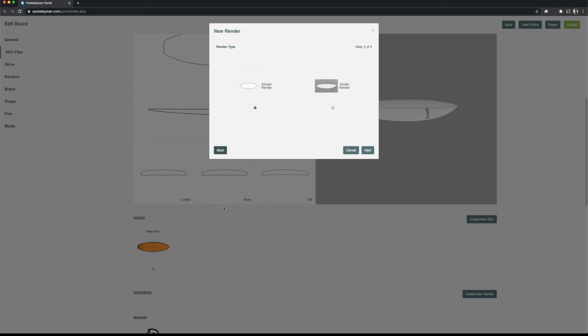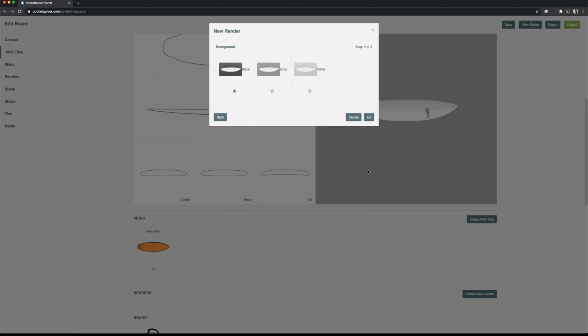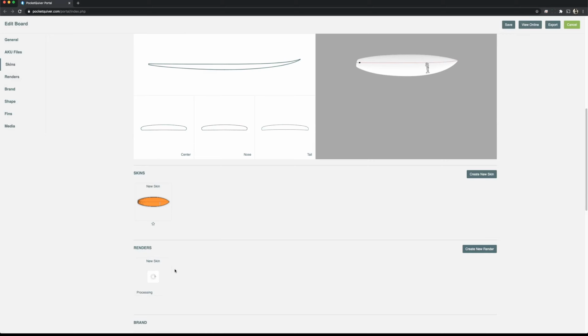But I'll just go back and we'll choose a studio render. So the studio render's got a floor and studio lighting, so it just looks a little bit more realistic. Click on next. Top side is good, and I'll choose a white floor and hit OK, and there it goes. So this has got the same problem as the CAD files have. So if you sit here, you're just going to be waiting all day. So I'll just cancel out,